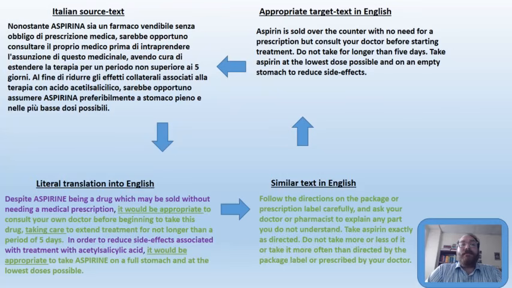So we can see that the Italian text offers some information which contextualizes the instructions. We can also see that the language use is, it's giving a suggestion. It would be appropriate. You should take care, as opposed to giving direct instructions. So in order to understand the textual conventions of this kind of